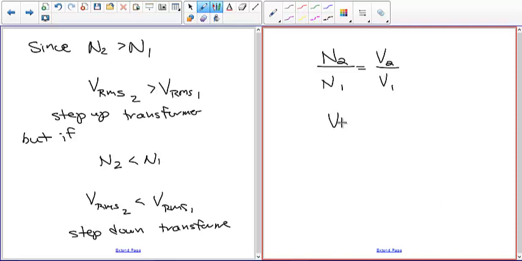So you can see that if I solve for the V2, which stands for secondary, what you'd get is that the secondary voltage is equal to the primary voltage times N2 over N1. So if N2 is greater than N1, this is a number greater than 1, and therefore your voltage in the secondary loop is greater than the primary. If N2 is less than N1, then this number is going to be between 0 and 1, so your secondary voltage is going to be less than your primary voltage. And that's all there is. It's just a simple equation. But